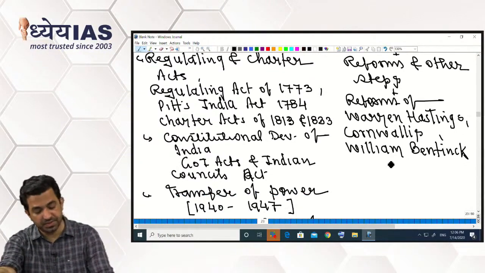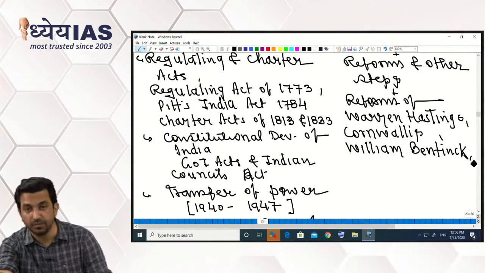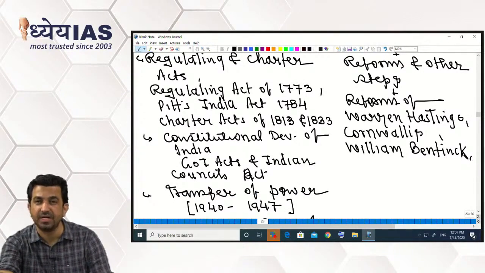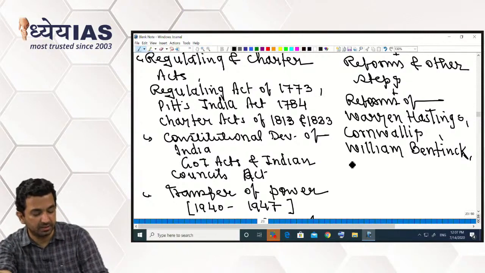Then some more governor generals or viceroys who tended to introduce reforms, like